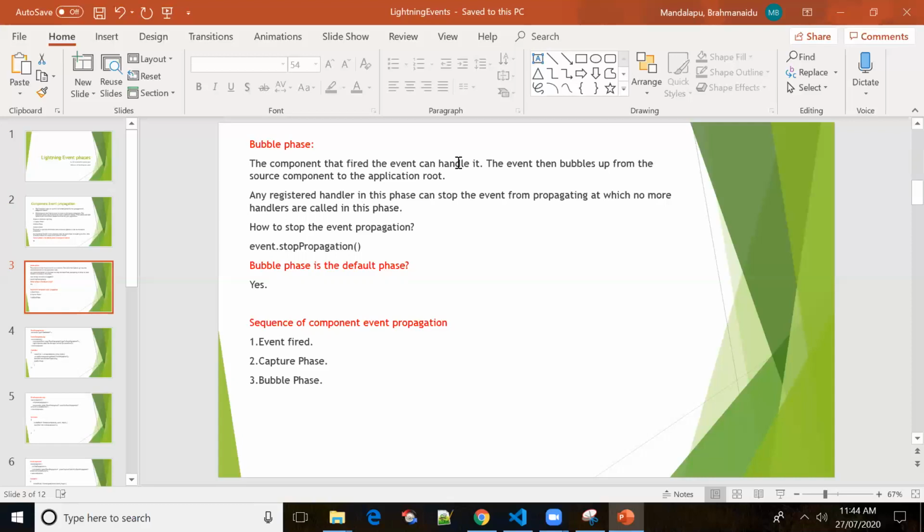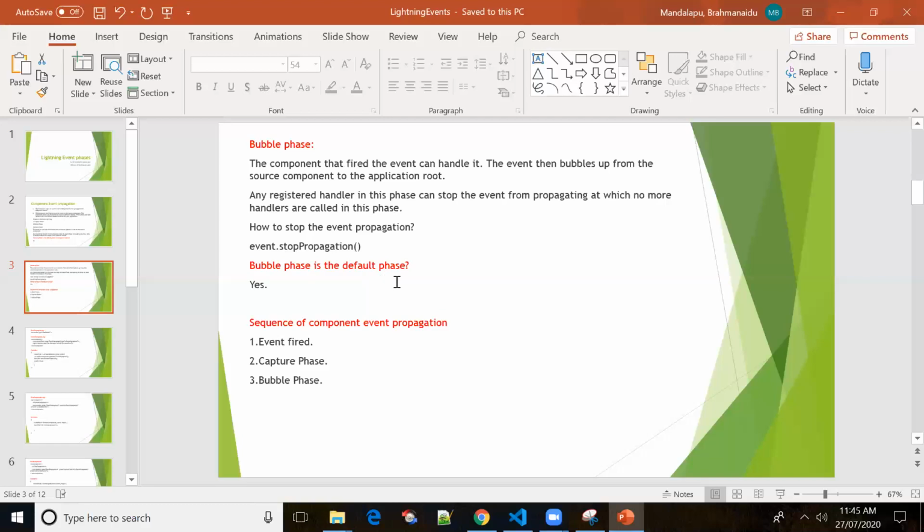I just want to stop the communication from one component to another component. Let's say there are four components in our application. I just want to end the communication at the second component, right? I don't want to pass the values. So what is the way? Normally you won't be doing it in real-time scenarios. By default, you'll be going into the bubble phase. You won't be using the capture phase; you won't get that requirement. But just try to understand what the capture and bubble phases are. Okay, so the bubble phase is the default phase.